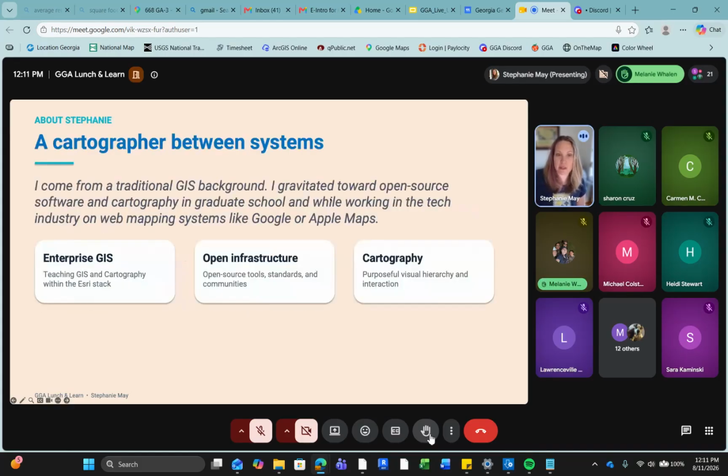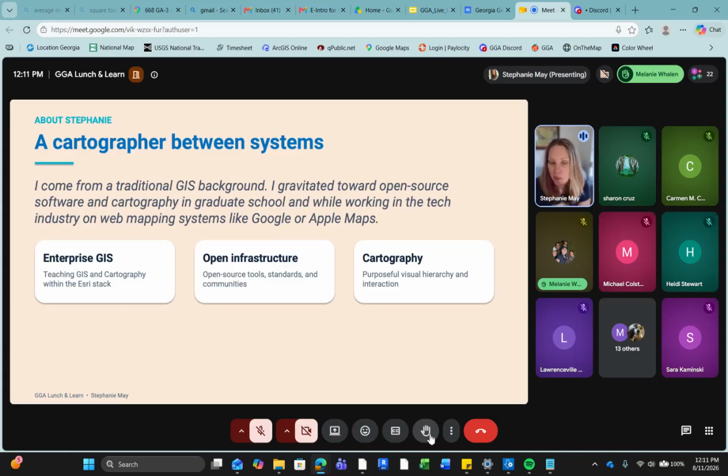Okay, so a little bit about me. I am what I'll refer to as a cartographer between systems, meaning I came from a traditional GIS background, but I gravitated toward open source software and cartography pretty early in graduate school, largely because at the time, it was just easier for me to use R and Python than to keep doing my thesis work in Esri tools.